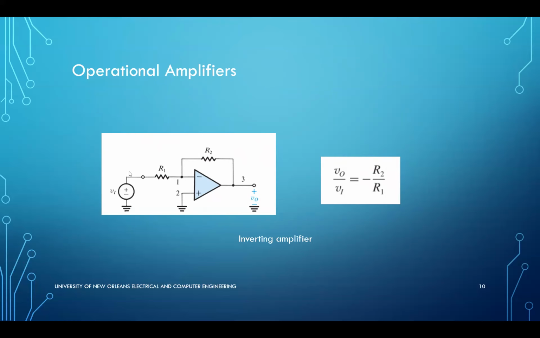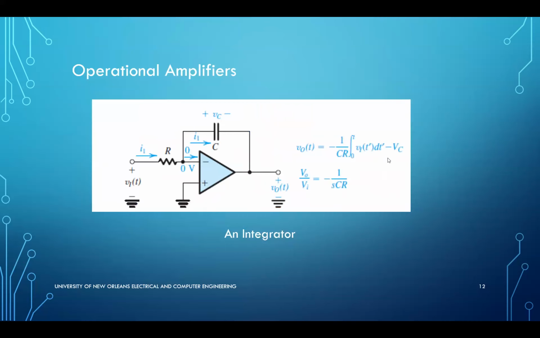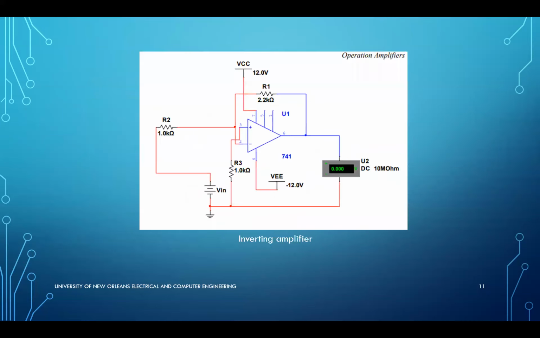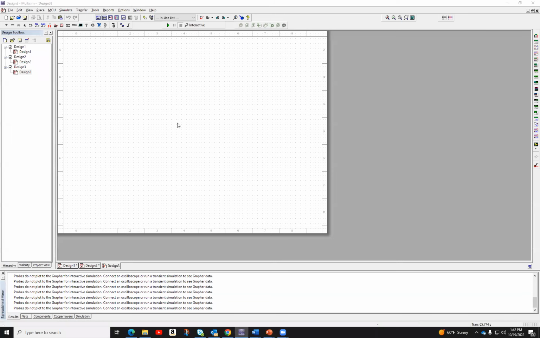So we're going to show that when we connect an operational amplifier this way, it becomes an inverting amplifier. It amplifies the signal, but it also negates the signal or inverts it. If I replace this resistance by a capacitor, then the output becomes the integral of the input. That's how you do this kind of operation. So we're going to go into Multisim and show you how some of this works, or how we can make it work. All right, so now I'm in Multisim,